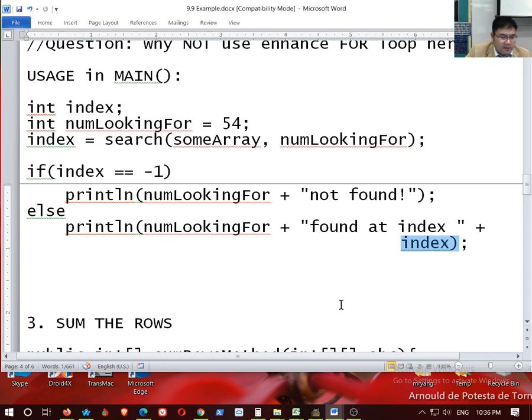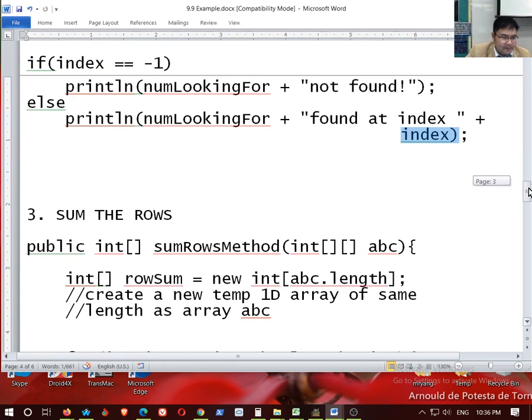Okay, so let's take a look. This is the server code, which is called sumRowsMethod. And look, you pass this guy a 2-dimensional array. It gives you back a 1D array. Okay, so right here we create